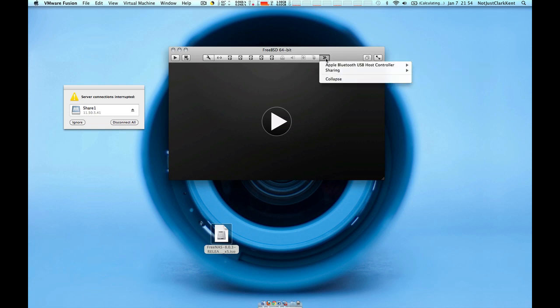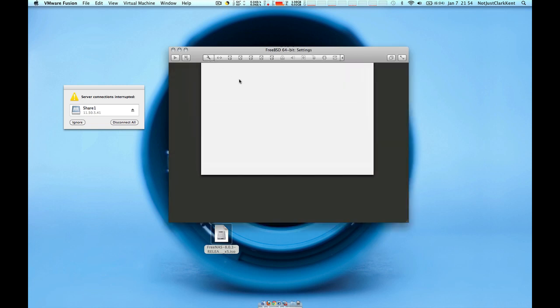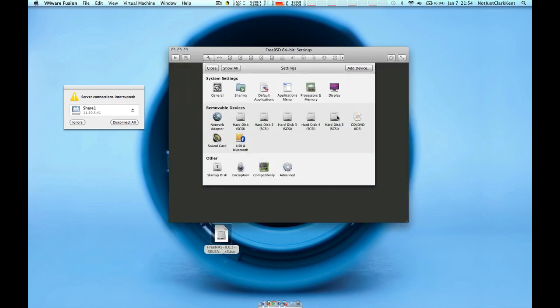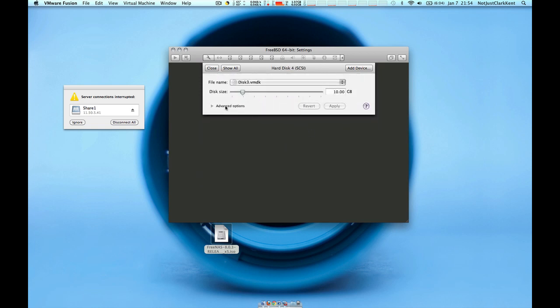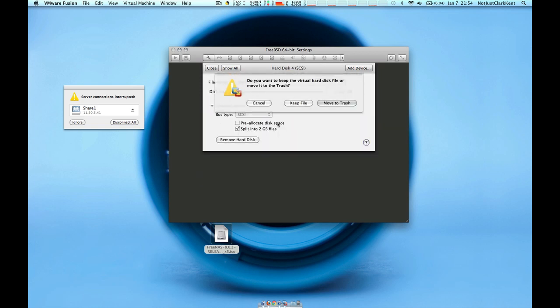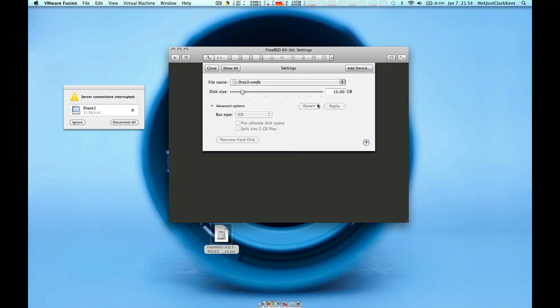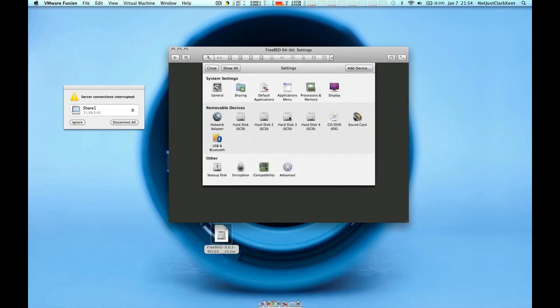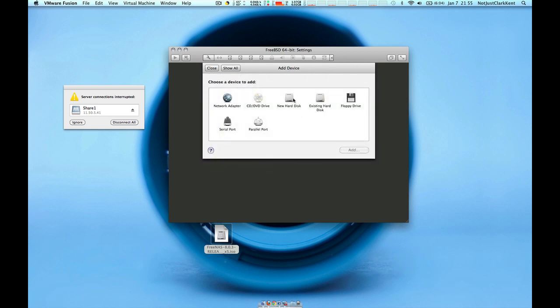So let's go to configuration, and then we want to go to, let's say, disk 4, and let's remove hard disks, and we're going to keep the file. So now we only have these disks here. We have disk 2, 3, and 4, and we don't have the first disk, or disk 1. So let's add another hard drive. So let's say a new hard disk,